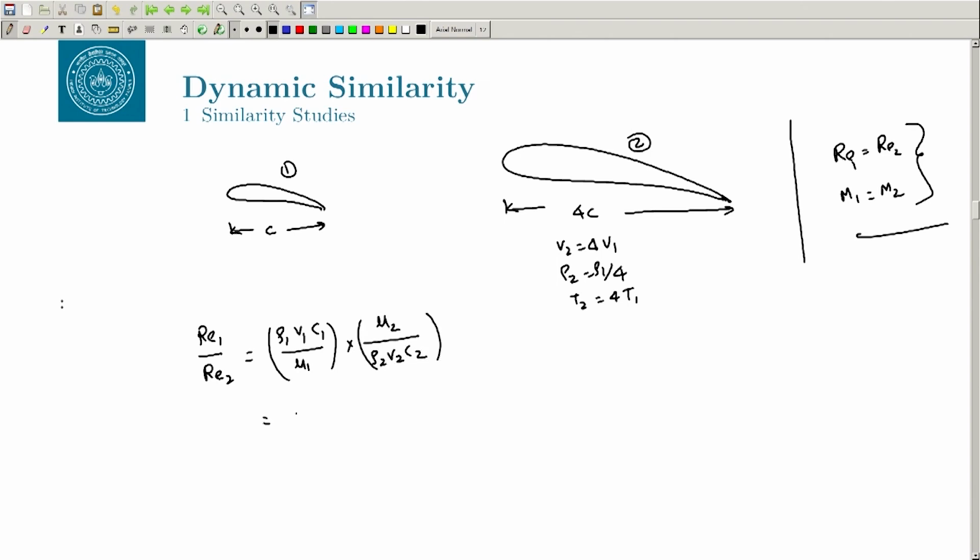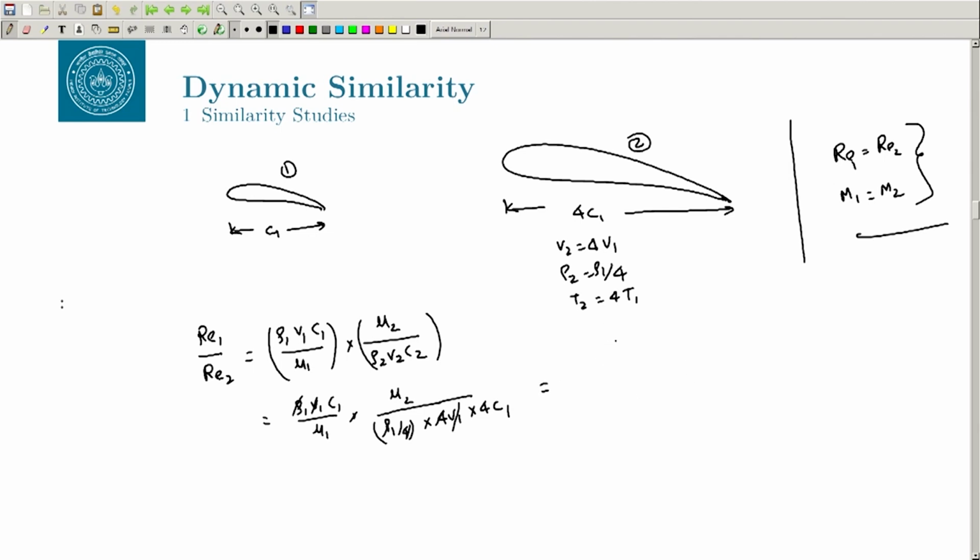So, express everything in terms of the 1. This is rho 1 V1 C1 by mu 1, and then mu 2 would be, let us write mu 2 here only, rho 2 equal to rho 1 by 4, V2 is 4 V1 and C2 is equal to 4 C1. So, the rho 1 cancels out, V1 cancels out, this 4 cancels out,